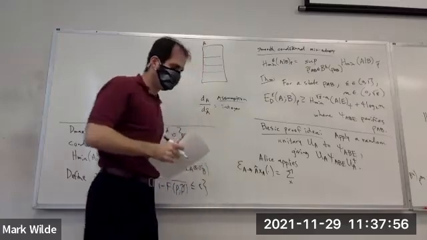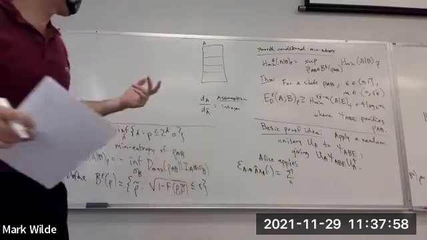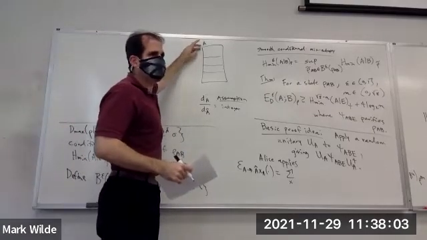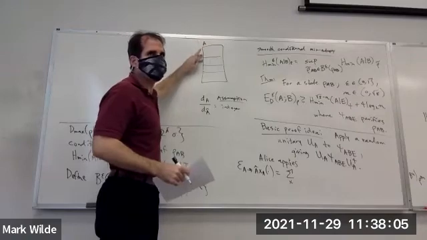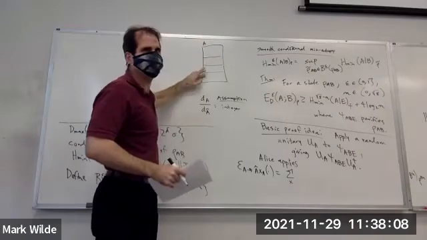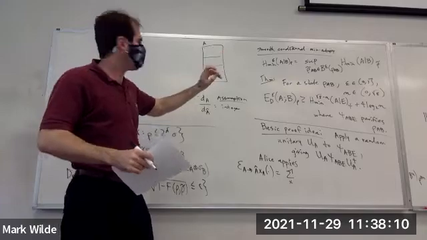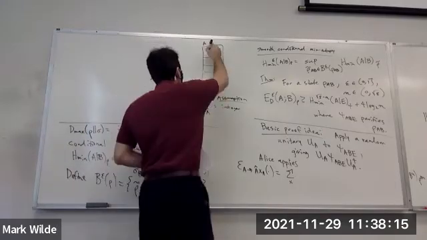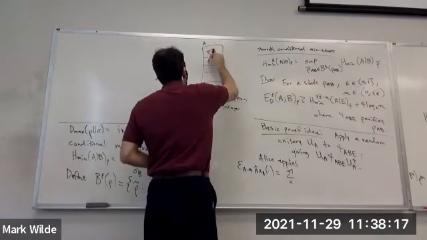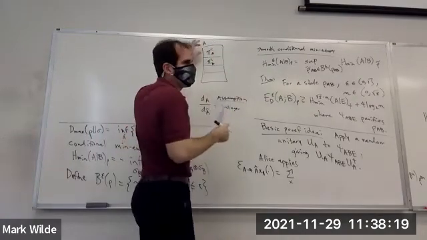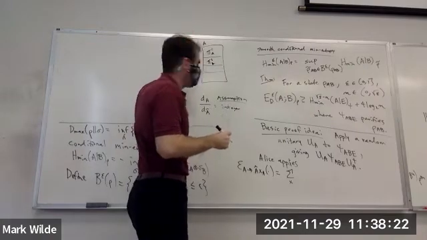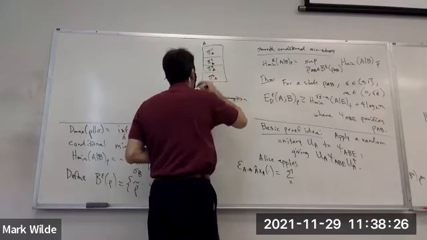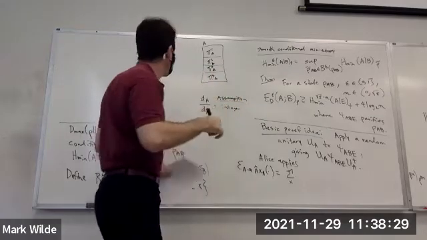So like, if dA were 20, this would be spanned by basis states 1, 2, 3, 4, 5, and this by basis states 6, 7, 8, 9, 10, etc. So it's just divided up, and so there'll be projectors here, pi1a, pi2a. So that would be the projection onto 1, 2, 3, 4, 5. Okay, and so that's the measurement that will be done.